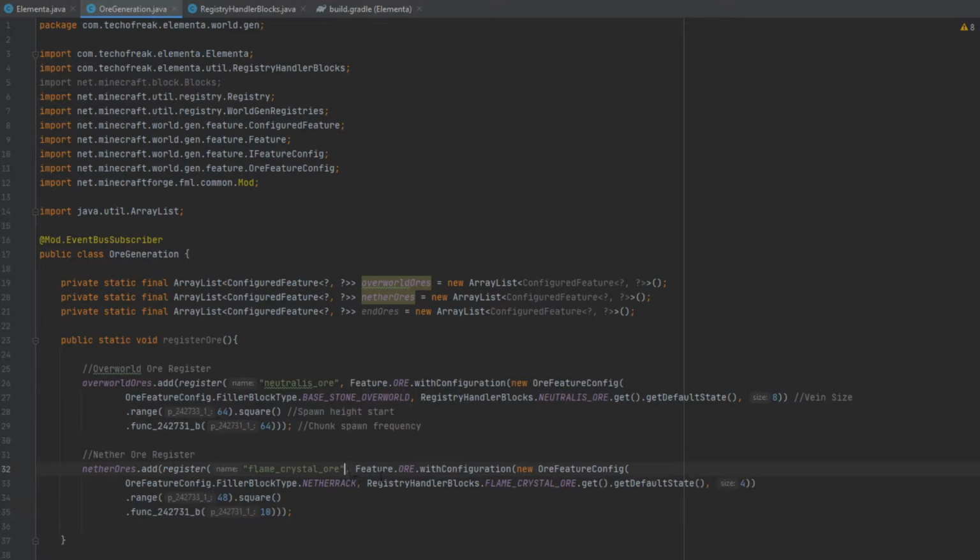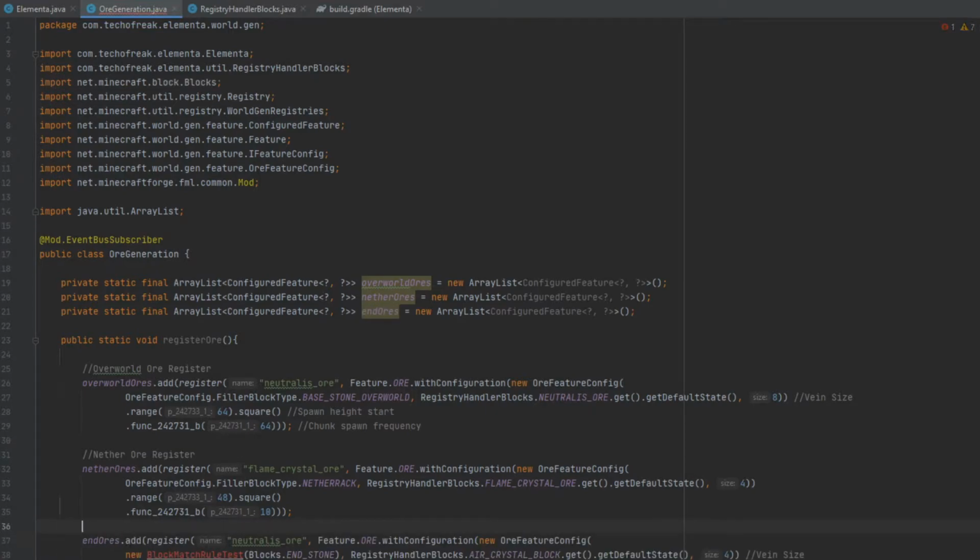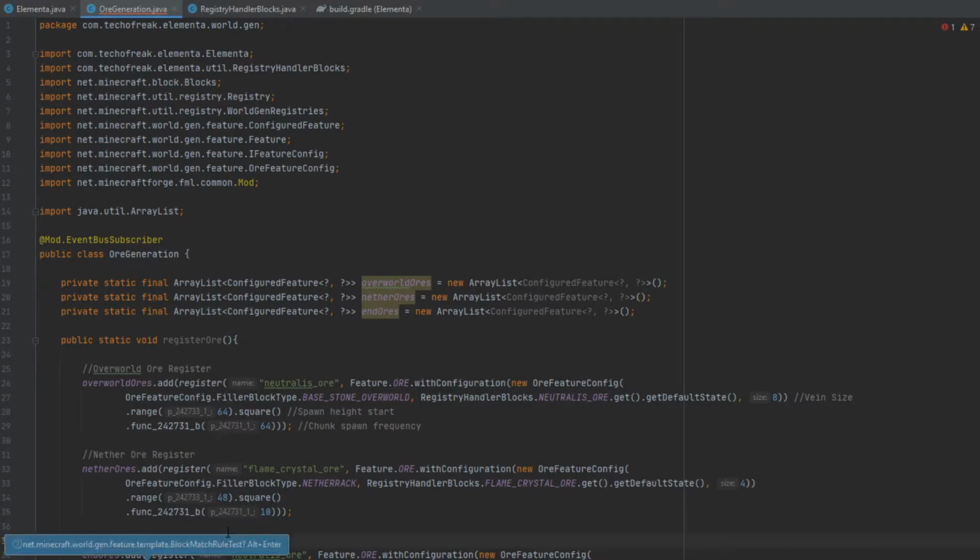Yeah, so now this is where I want to explain another thing. So let's add the next line here for the end. And again, this is on the pastebin. So I forgot to copy this line, so let's just add it here. This is end ore register. And now this is where I'm going to talk about this part right here. It's ore feature